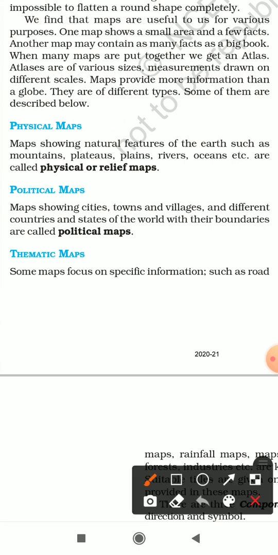Second are political maps. These are maps showing cities, towns and villages and different countries and states of the world with their boundaries. So basically in political maps you will find boundaries of different countries, different states with their capitals, etc.